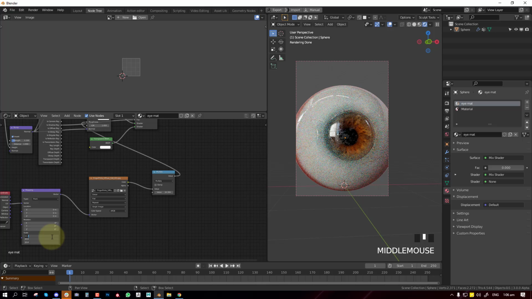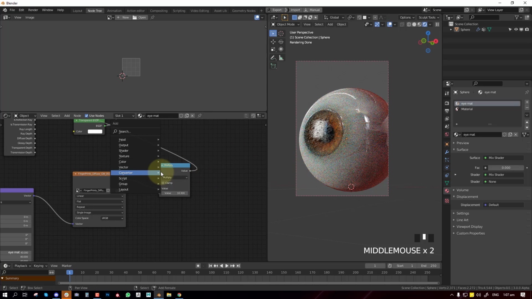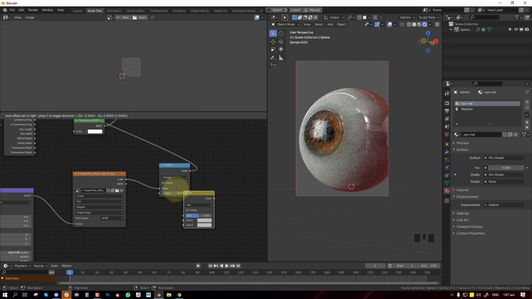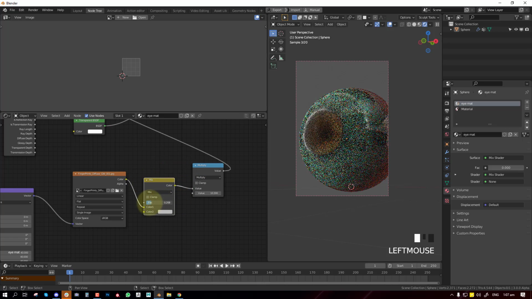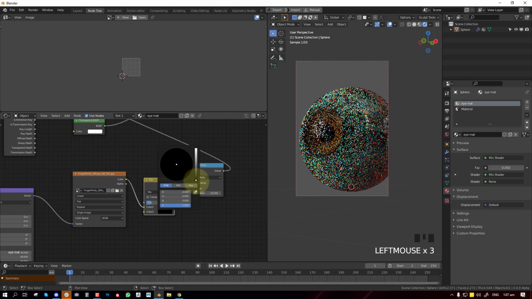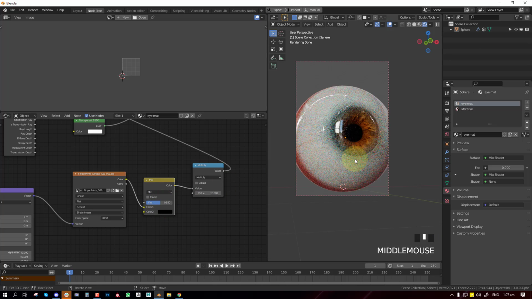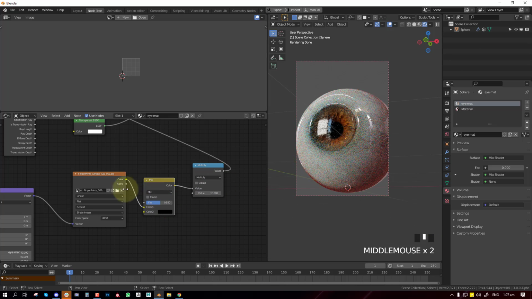We'll probably have to adjust that later, but just so that we see the main effect. Okay, so for the adjustment, we'll add a mix RGB and set this color to black. So there are some imperfections there.